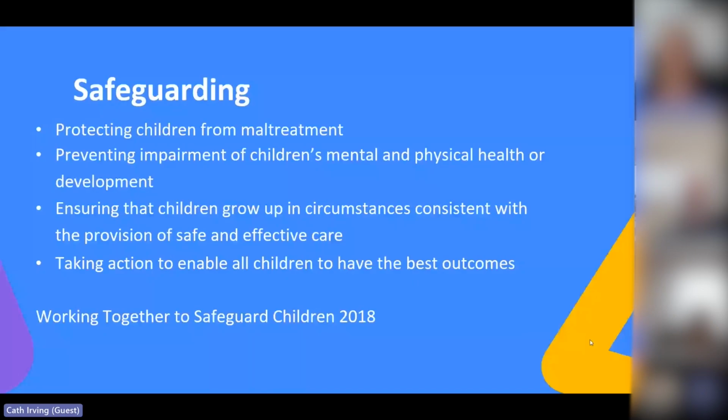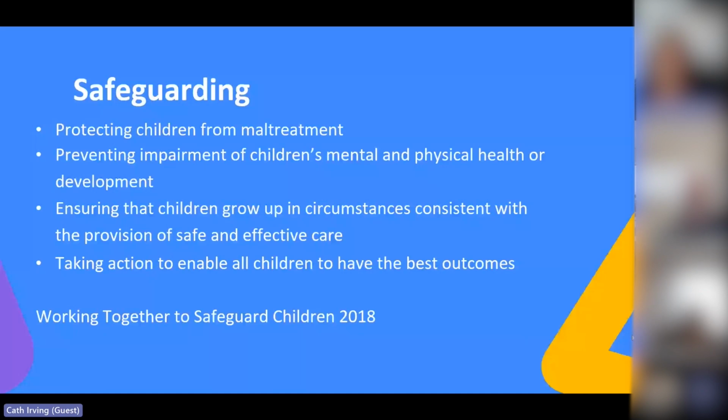So safeguarding is defined within Working Together to Safeguard Children 2018. That statutory guidance that I said is currently under consultation. The safeguarding element in terms of the meaning of it is not likely to change. So it's about protecting children from maltreatment, preventing impairment of their mental and physical health and development, ensuring that children